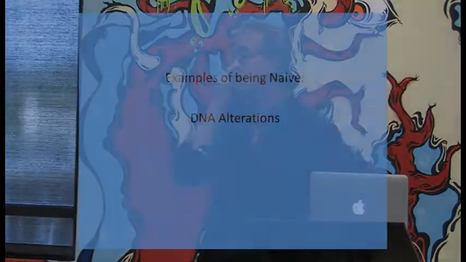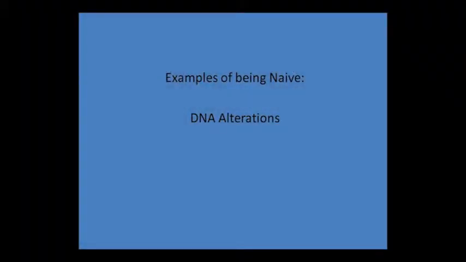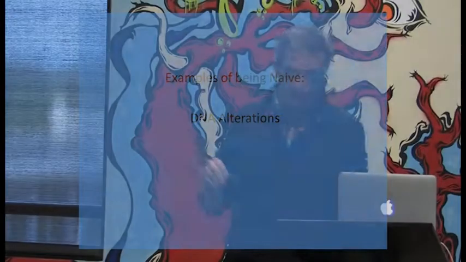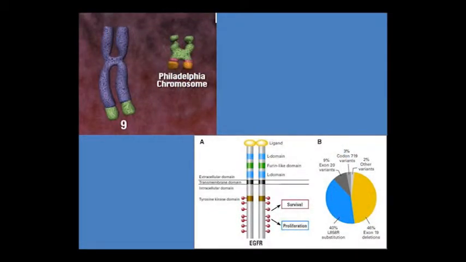The second example of being naive comes from looking at DNA alterations. As we shifted from having occasional links between cancer and chromosomal aberrations to having detailed component lists, there has been out there a concept that if we could just get the sequence done on every